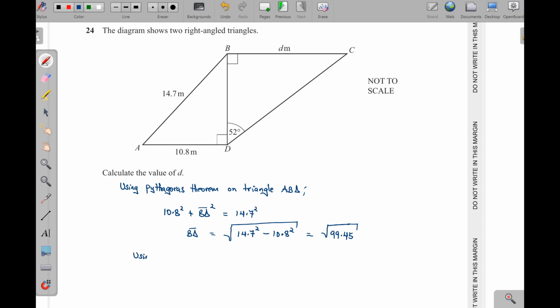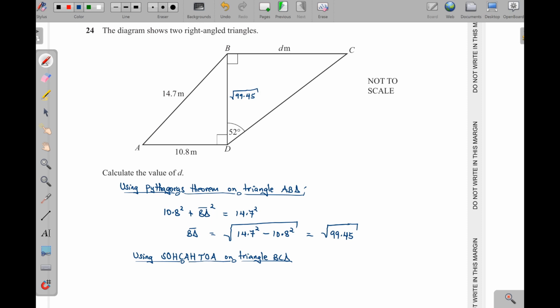SOHCAHTOA. So using now SOHCAHTOA, this acronym helps us to get the trigonometric ratios on the right angle triangle. So the trigonometric ratios that I mean are sine, cosine, and tangent. Okay, so using SOHCAHTOA on triangle BCD. Okay, BCD. Even this one, I think we can just put that. Now, we have square root of